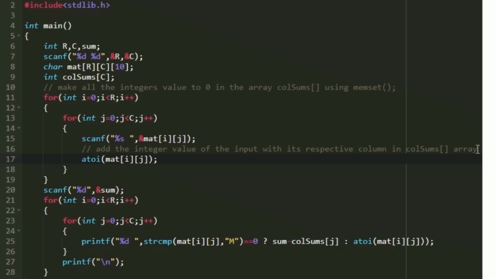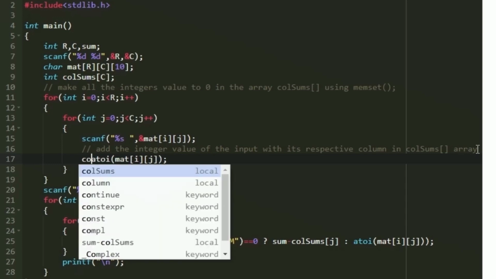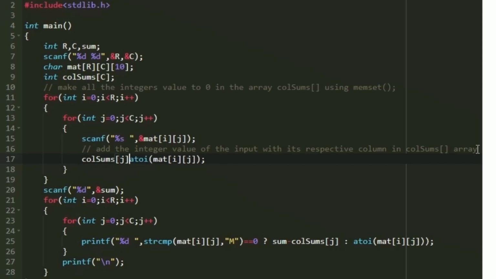This will be the integer value of the accepted input string. This is how we will convert the input string into an integer, and we have to add this value to the column sum at the respective index. So we will be adding this integer value at index j in the array named column sum. Initially the value will be 0, and soon after accepting every integer in the column, we will be adding it to the column sum.